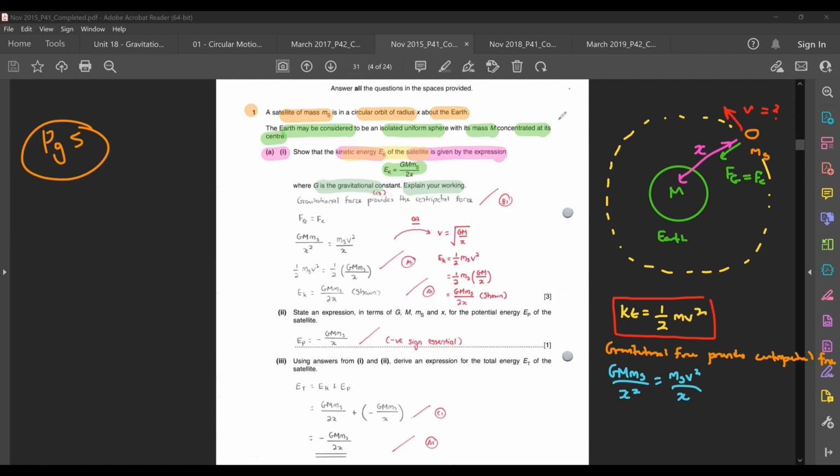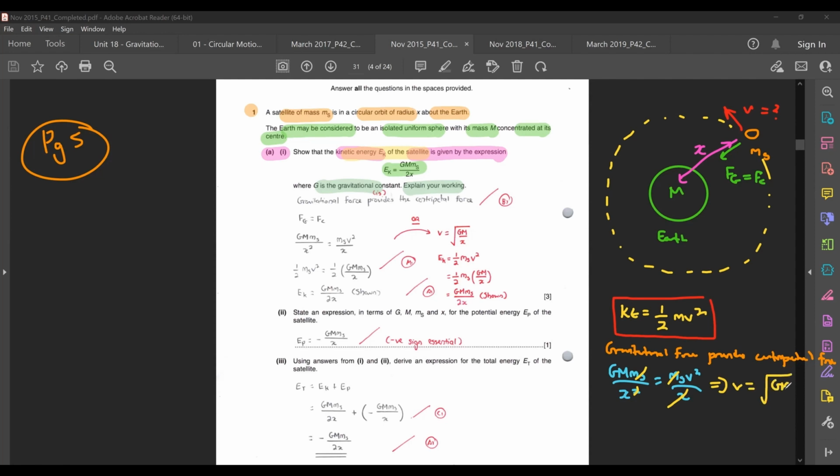These two x are the same, okay, right? So this x will cancel off. Then wait a minute, this x will cancel off, and then the square here will cancel off, and then this ms will cancel off. Eventually I will get v equals square root